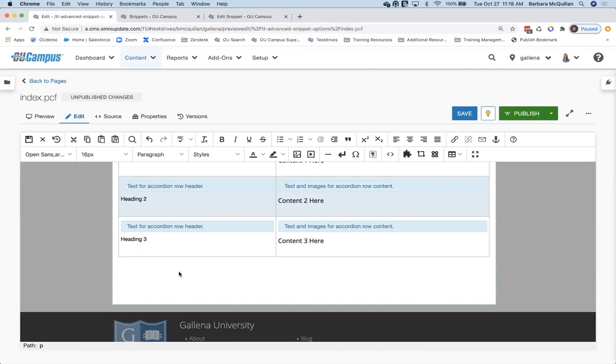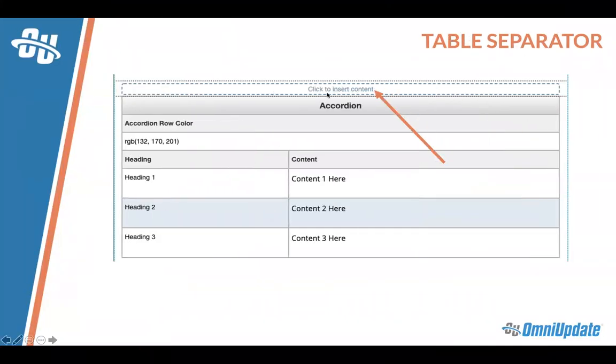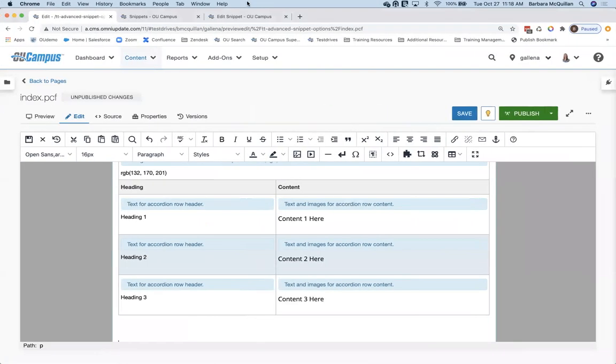The table separator essentially gives you this clickable space above and below. When you click on this, it will automatically insert a non-breaking space wrapped inside p tags, so you have that space automatically inserted. You don't have to play that game of putting the cursor exactly here and then shifting it over. On our support site, there are detailed explanations about what source code you need and where it needs to be placed. I'm just going to walk you through what I have set up here so that you can see it.